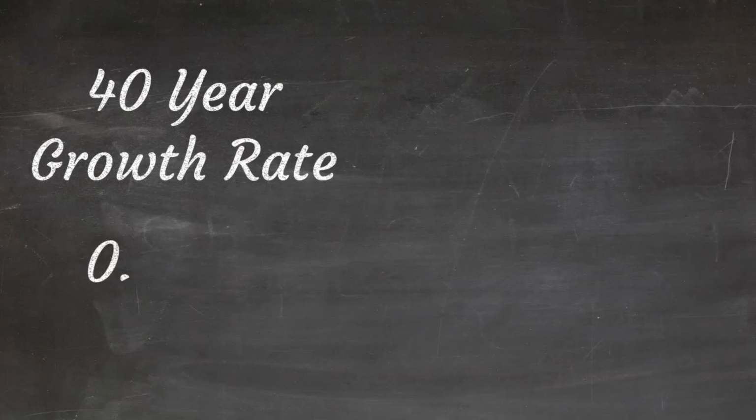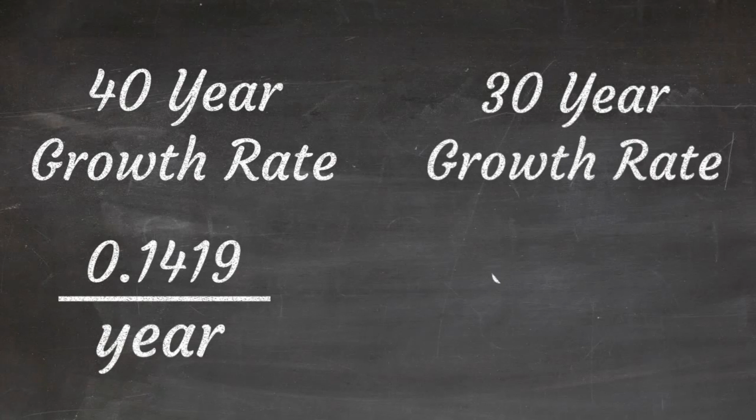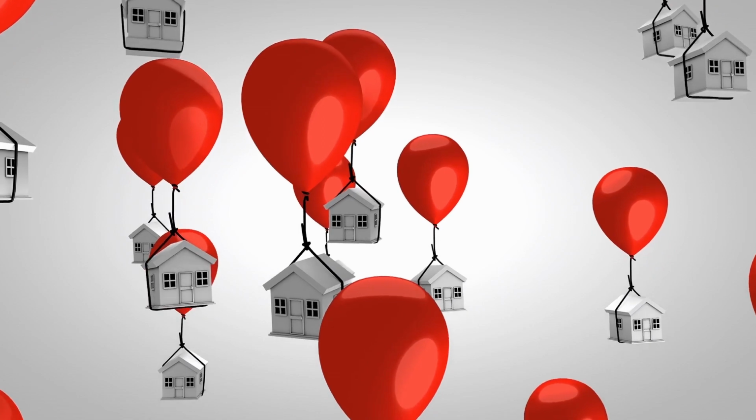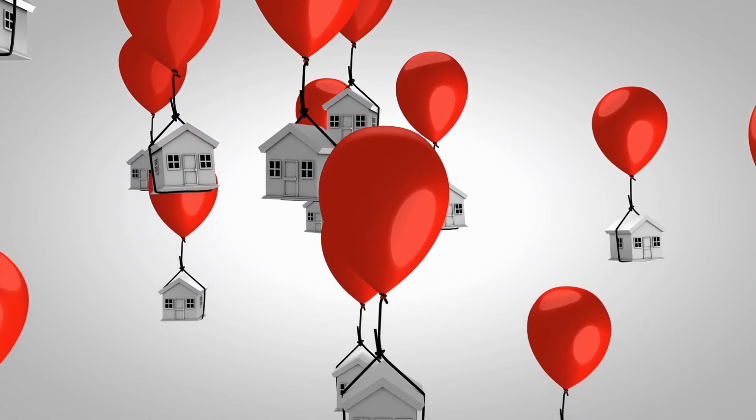Now, just a disclaimer, there is no guarantee that it will continue at this rate over the next 10, 20 years. The value of 0.1419 is the average that it has gone up over the past 40 years. In fact, if you take the average over the last 30 years, it is actually 0.1066. So if you want to be more conservative and pick 0.1066, that should give you a little bit more conservative numbers. But overall, the prices of houses have gone up over the past 40 years, and it will likely continue at least over the next 10 or 15 years.